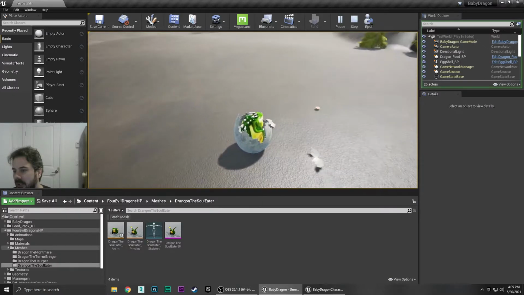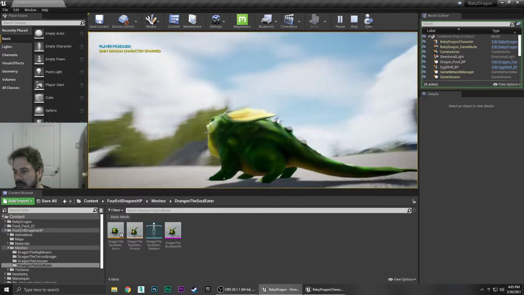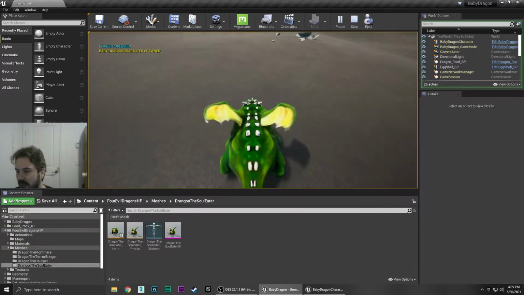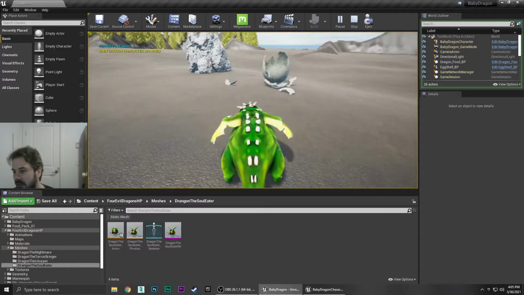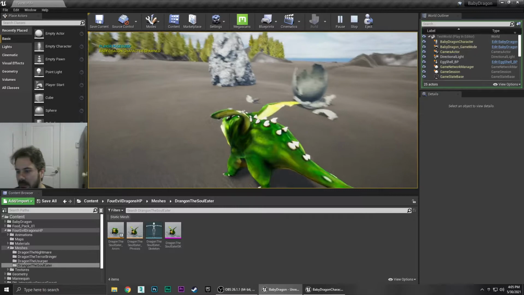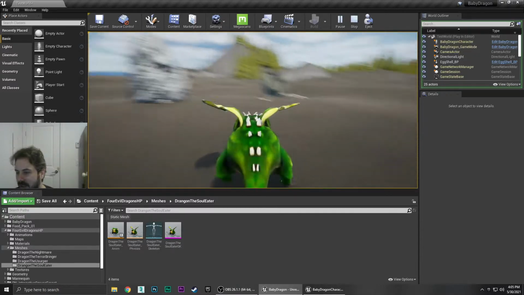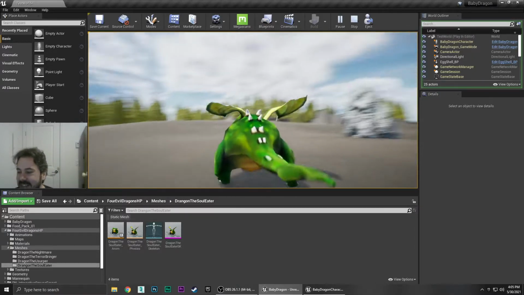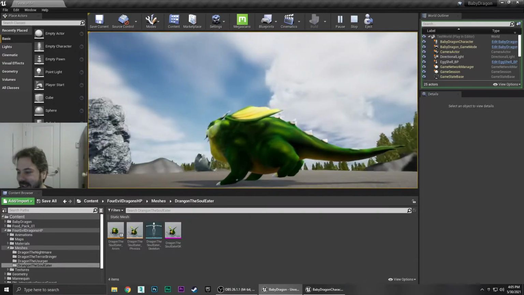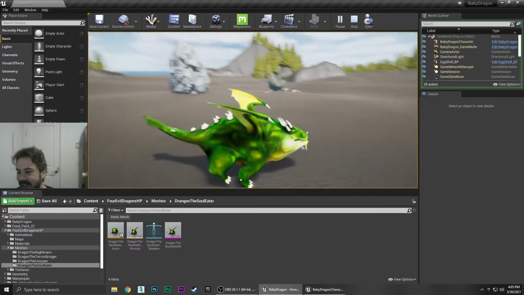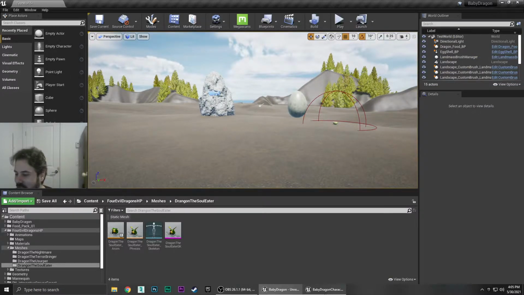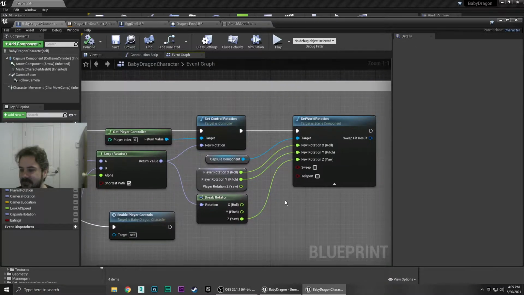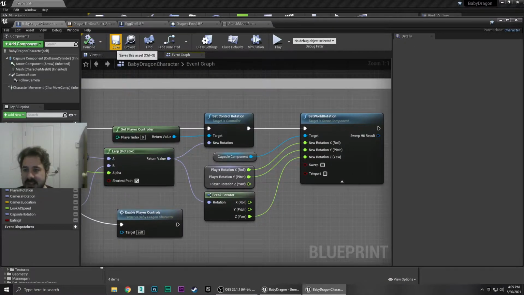So when I spawn my dragon, yeah, he's not doing that floating over the ground thing. But then when we face him towards the watermelon, oh, what the hell, UE 4.26? He's not doing it anymore. So the first time I played it, he was, but now he's not again. Oh god. This version of Unreal is the glitchiest I have ever experienced. For some reason, it seems that when you compile and save a blueprint,